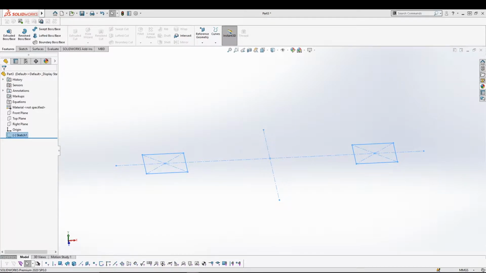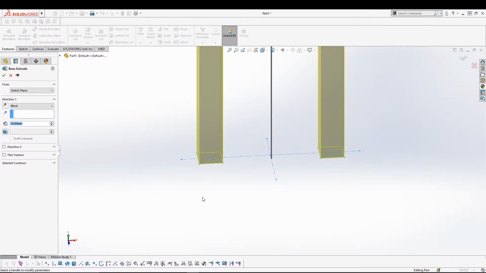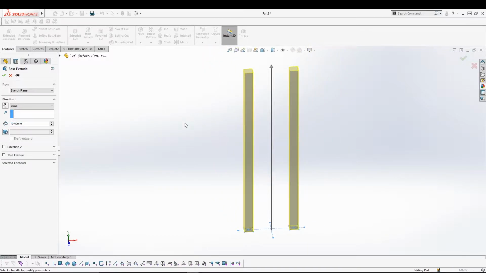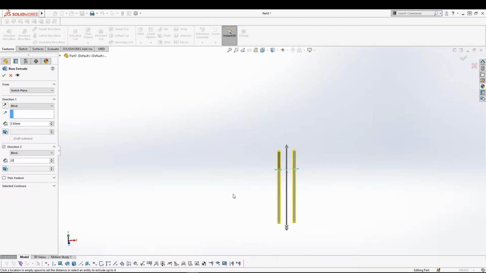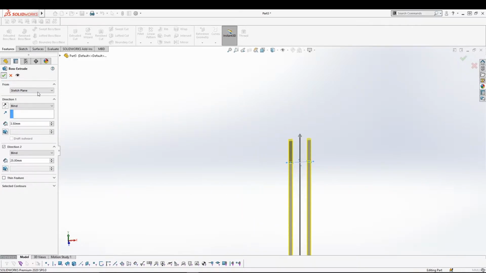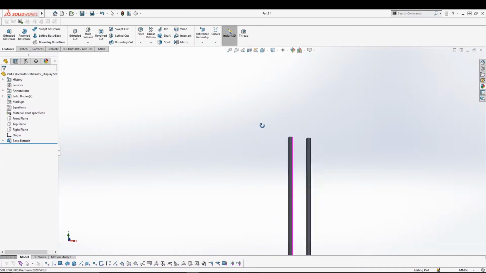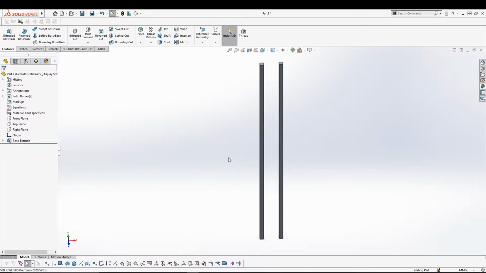Right, now we want to give, let's say, a boss, so we'll use extrude boss base, zoom to fit, and we'll go, let's say, 3.5 and direction 2 at 25. Press green tick to confirm. Right,